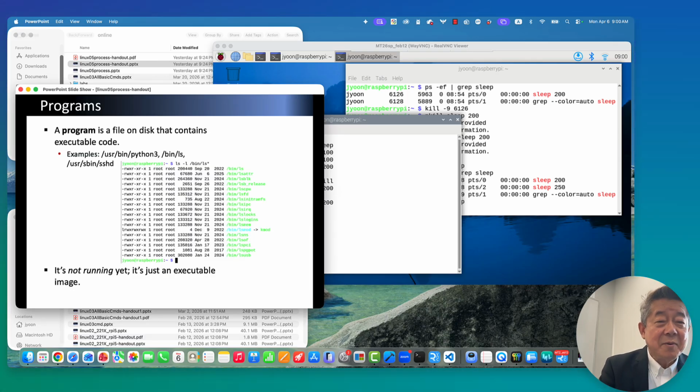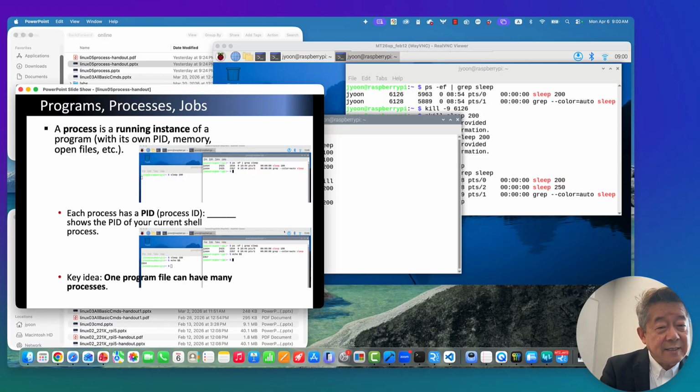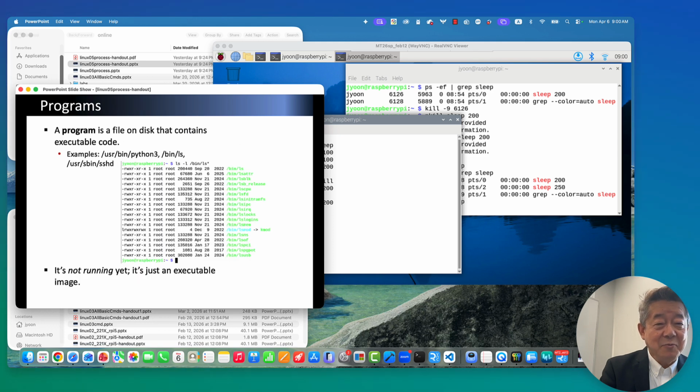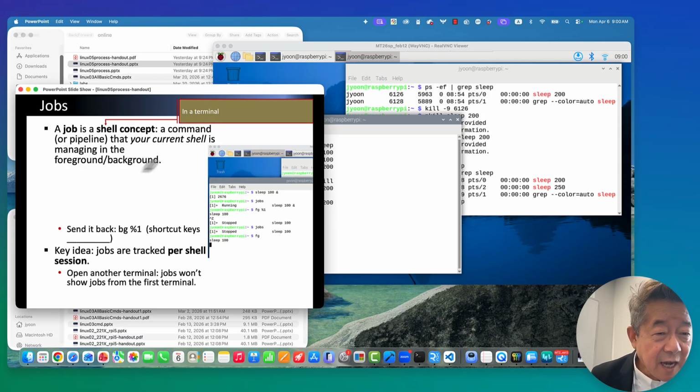Program is the file. So you can see the process list by using the ps command. How can you get the list of programs? You already know ls, right? ls is the command that we already know. This is a command so that we can see it. And then finally, jobs. Job is a shell concept, which means